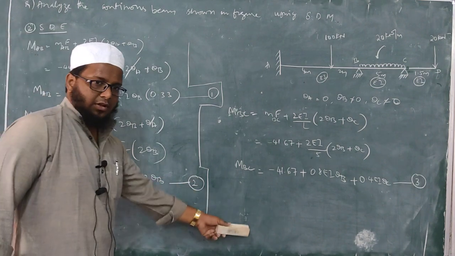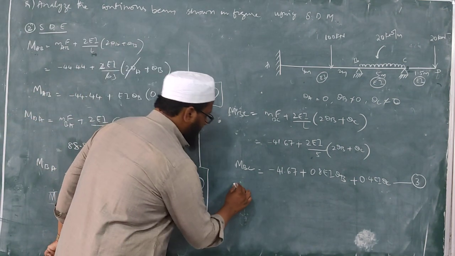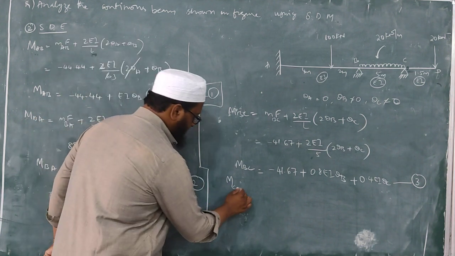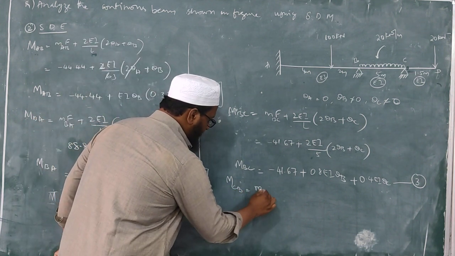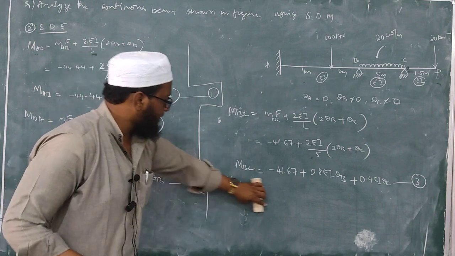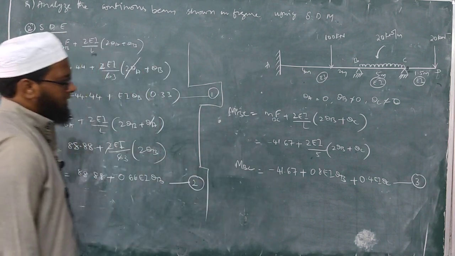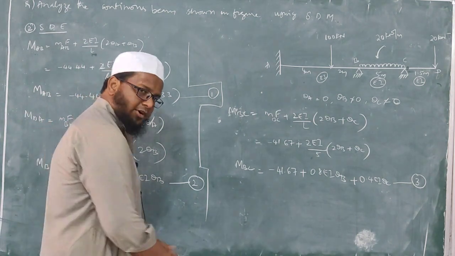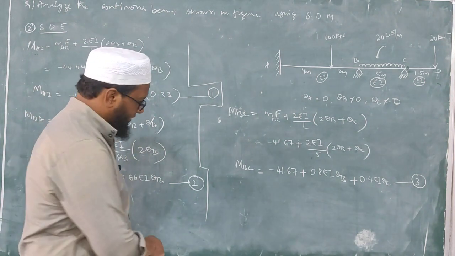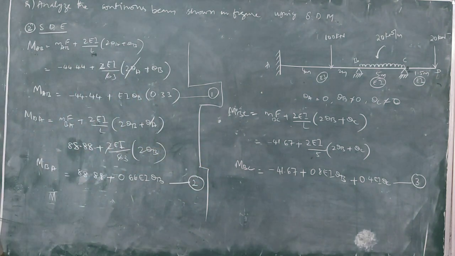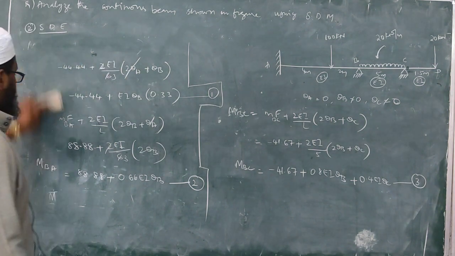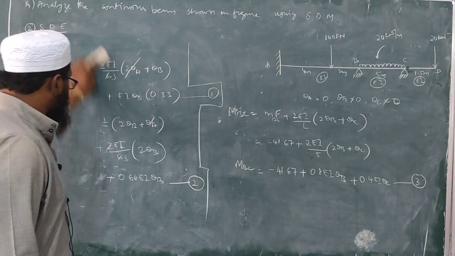So this also we'll try to solve here itself, that is MCB. MCB is equal to, otherwise we'll solve here since we don't have place here. Is the bottom part visible? Okay, we'll take down after this one. So you can copy down this one, then we'll go for the next part. So we have formed how many equations? 3 equations.